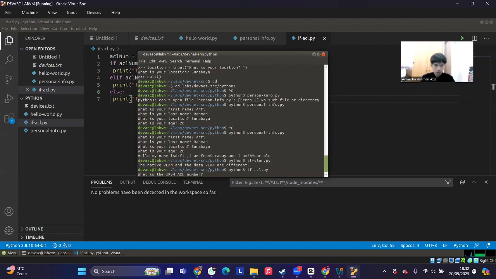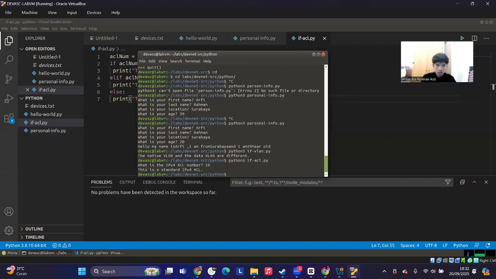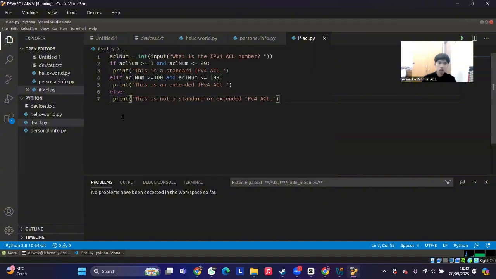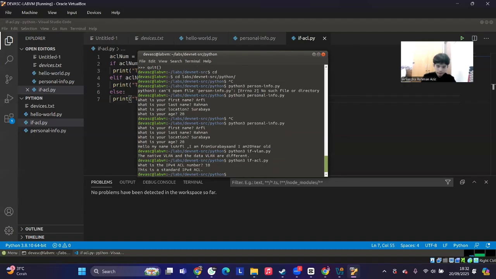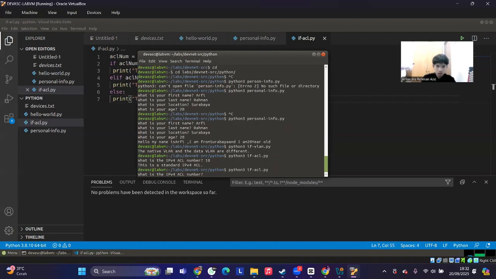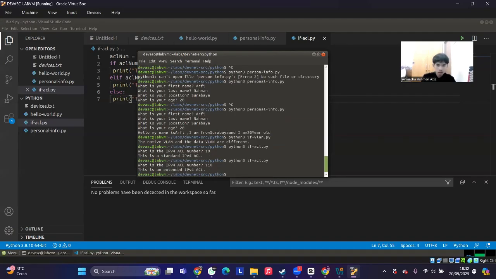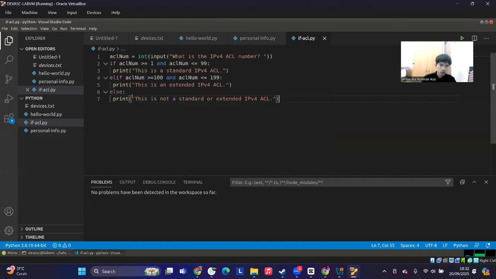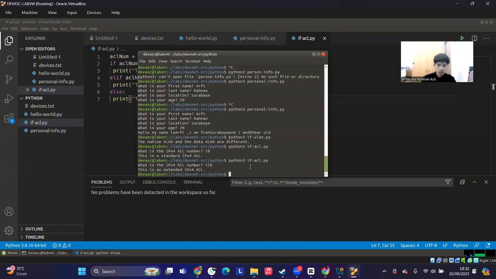What is 10? It will say that this is standard because it is between 1 to 99. Or if I run it with 110, then it is extended because it is greater than 100 but less than 199.